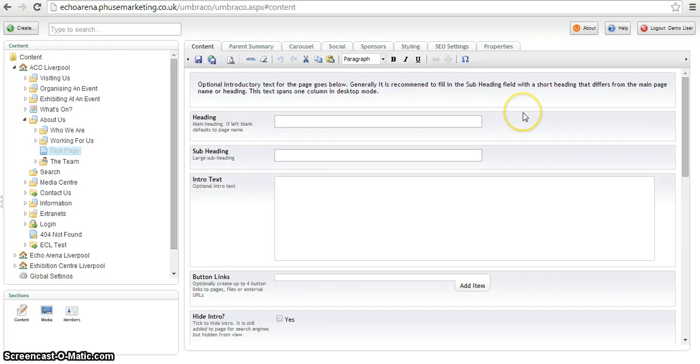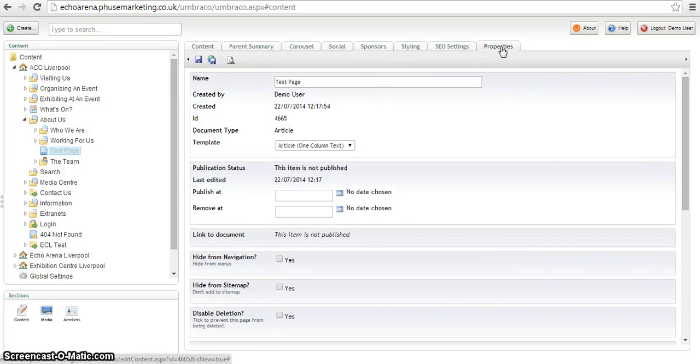Now, every page will have some standard properties that are common across all the pages. So quickly I'm going to outline what these are. Okay, so here we have the name of the page, which is the one you just entered, as you can see, the test page. We've got who the page was created by originally, in this case demo user, which is the demonstration user I've created just for this purpose, the date and time it was created, a unique ID for the page, so each